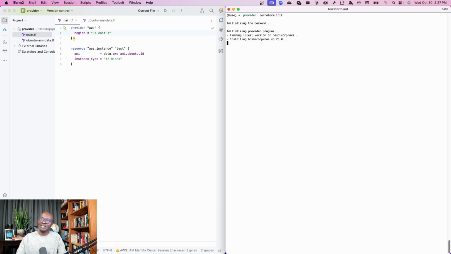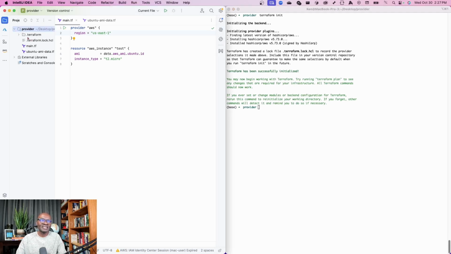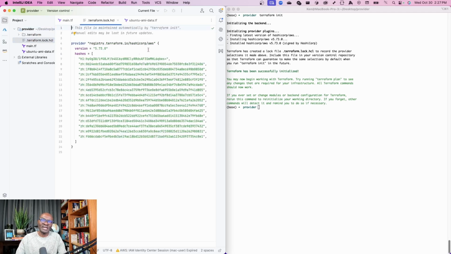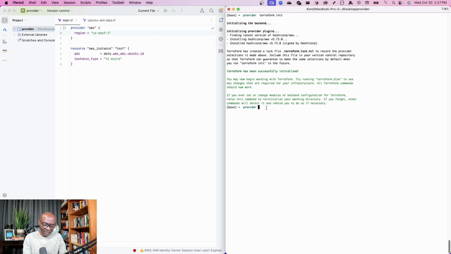So once I initialize it, what initializing does is it downloads for us the plugin from the Terraform registry, but it also sets a log file. That log file, as we have seen, is our provider. We are using AWS, and it has downloaded the latest version of that particular log file. Okay. So once we go back to main, if I do terraform plan,